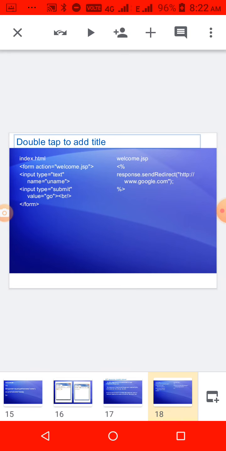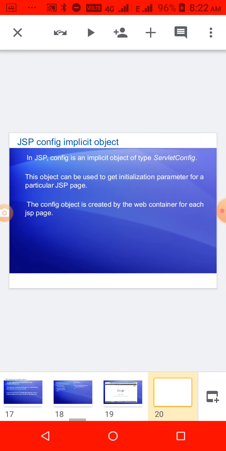So when you run this program, in index.html the action equal to welcome.jsp is given, so the control will go to welcome.jsp. There response.sendRedirect is given, so it will redirect to google.com after you give the input. That is the response example.